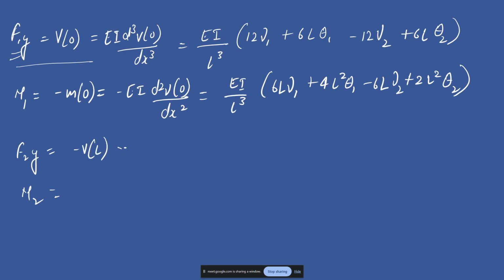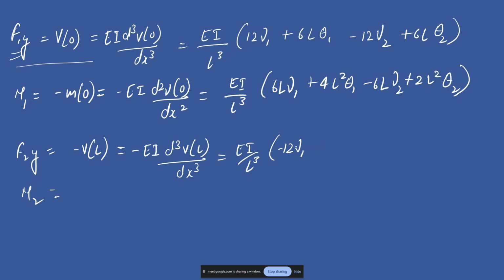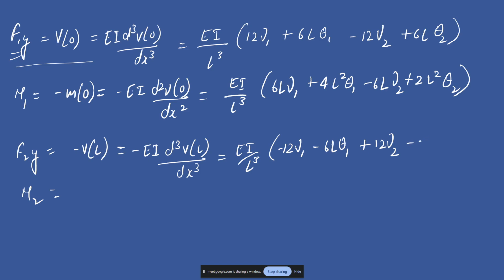Minus EI of L is equal to minus EI. This is given by EI by L cube, minus 12 v1, minus 6L theta 1, plus 12 v2, minus 6L theta 2. Your M2, which is in the positive direction in the similar direction, so it is given